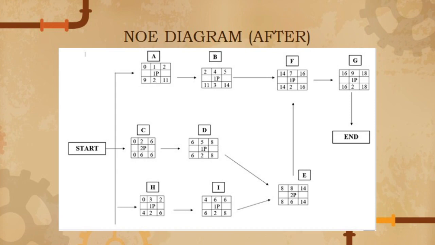Next, activity E also has some changes in the number of days, from 3 days previously to 6 days, and the ES starts at day 8 and the LF occurs at day 14. Then for activity F, there are no changes in the number of days. The change is when the activity starts, which is the ES starting at day 14, and the LF occurs at